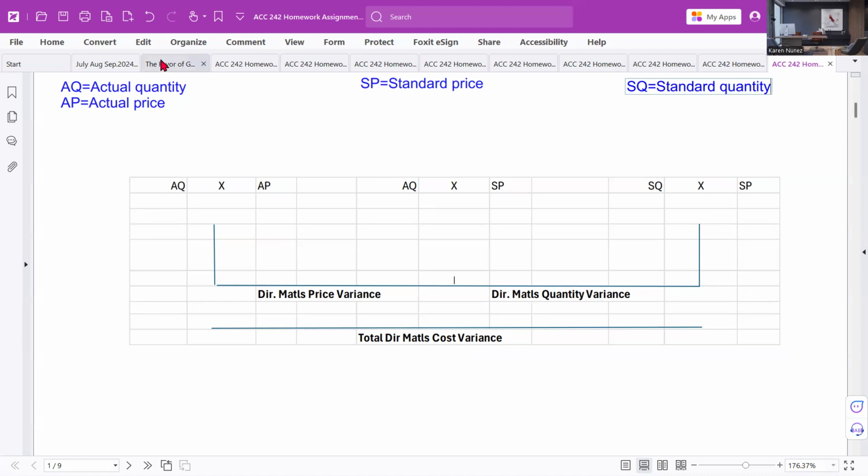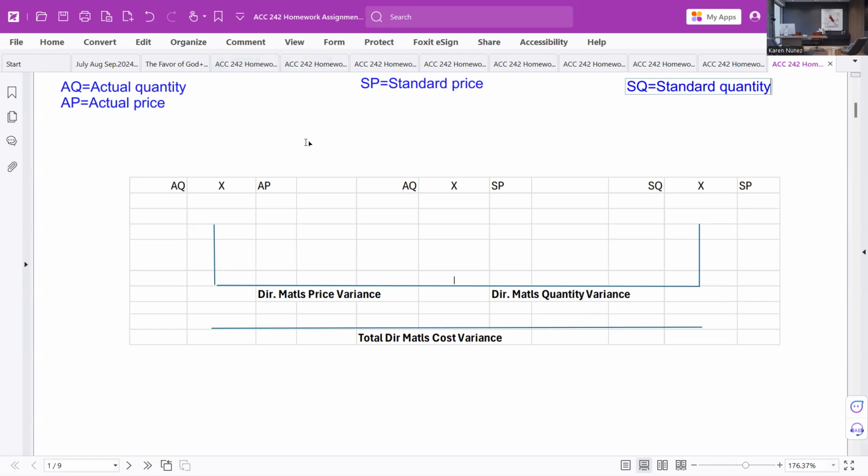So we have defined all of these abbreviations, right? The AQ is the actual quantity. The AP is the actual price. The SP is the standard price. The SQ is the standard quantity. For all of the exercises where we are required to calculate the materials variances, we're going to be using those same abbreviations and this same model. I suggest that you make a note of this model so that you can use it when you solve the homework problems, when you work on the application assignment, and when you work on the quiz, because it's the same basic model. So let's use this model for this first exercise, basic exercise